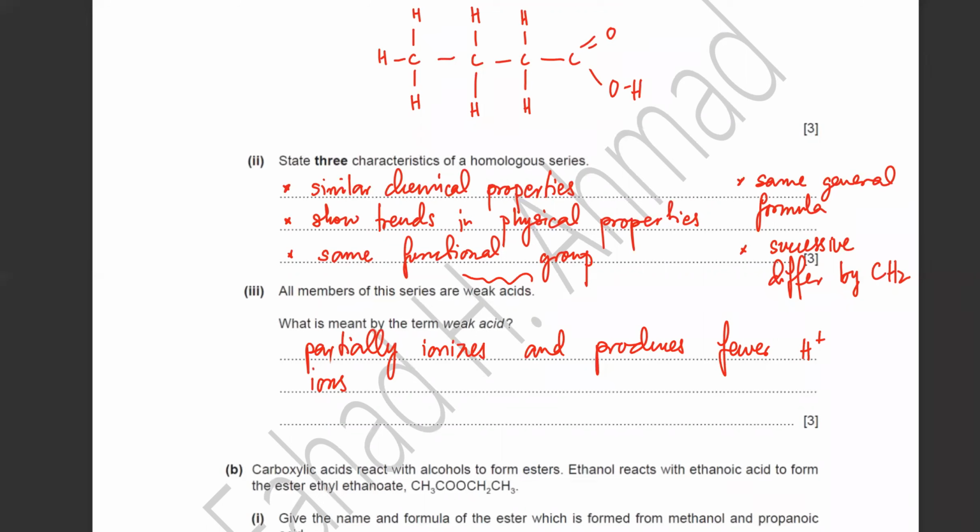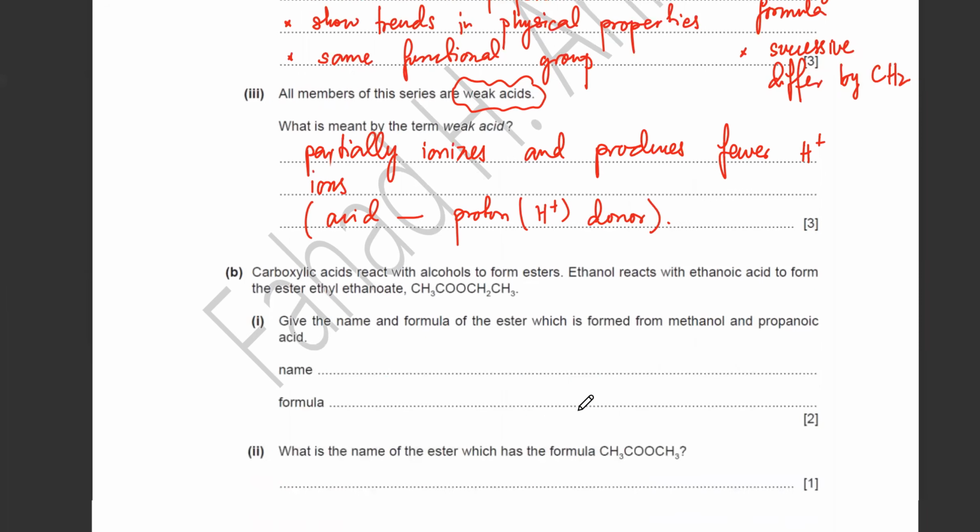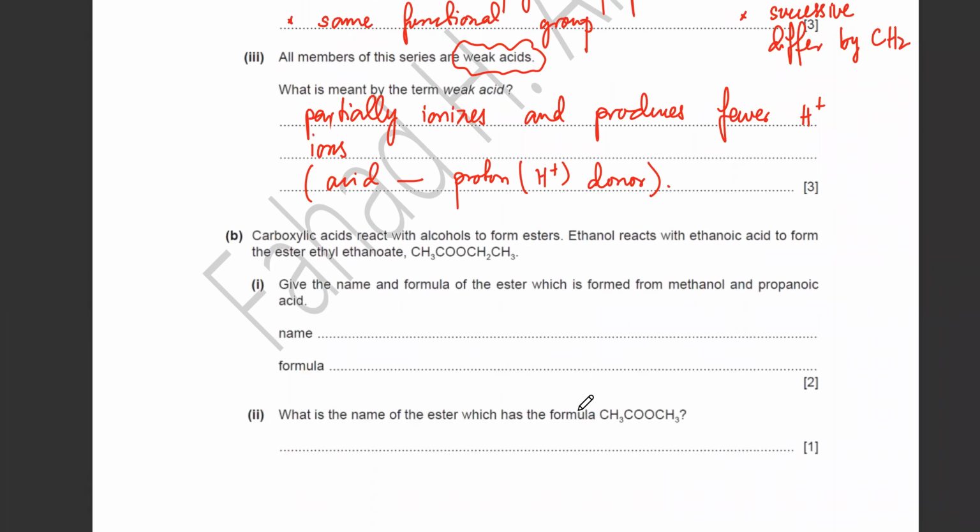तो आपने दोनों की definition करनी थी weak and acid. So acid is a proton donor. वो बल्कि just to be on the safe side अलग से भी लिख लो. What is an acid? It's a proton or an H plus one donor. फिर था कि he was asking कि